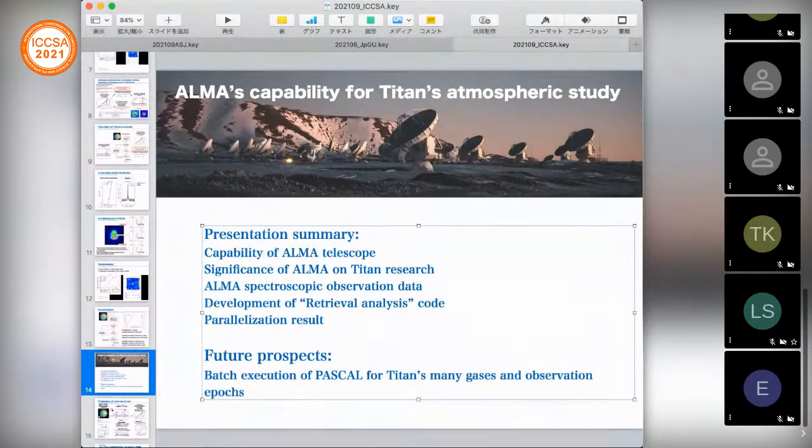If there are no questions, I always have one. Mr. Ino, just a comment. ICCSA is an international conference on computational science and applications, so any kind of application is okay with us. So don't worry about your presentation not being information science. We have all kinds of science here, as long as computing is involved.